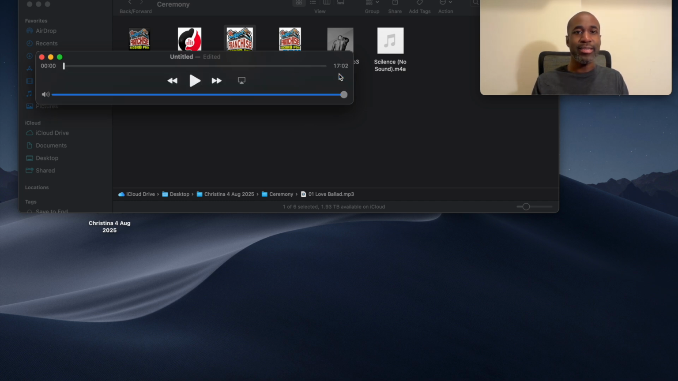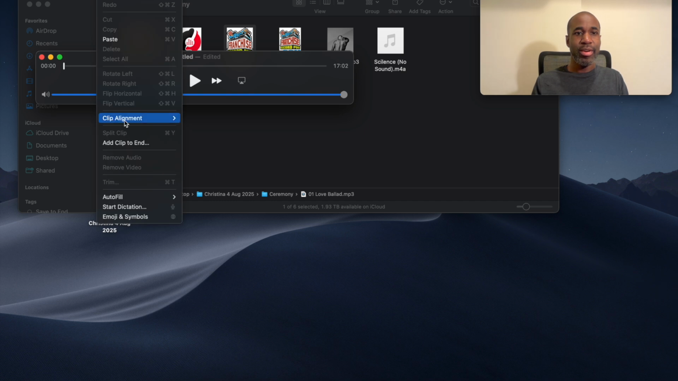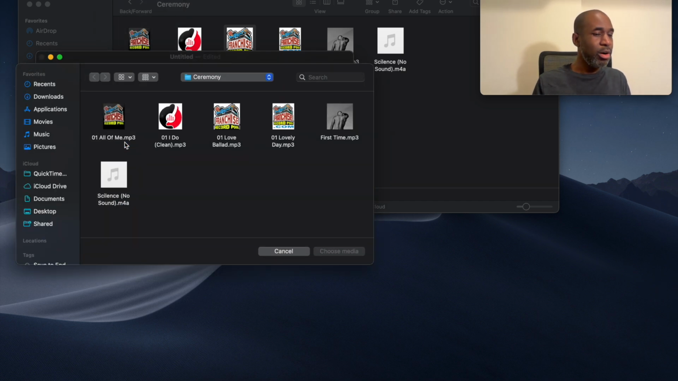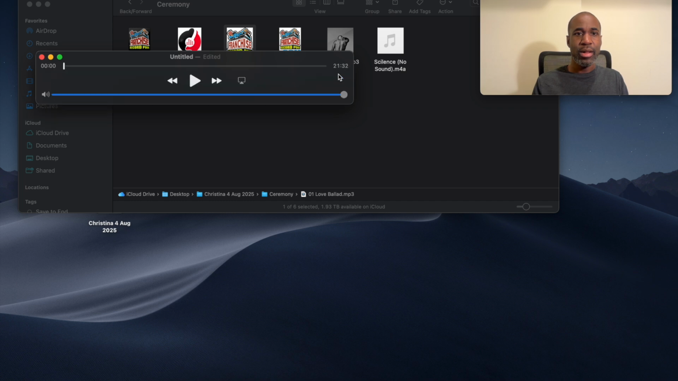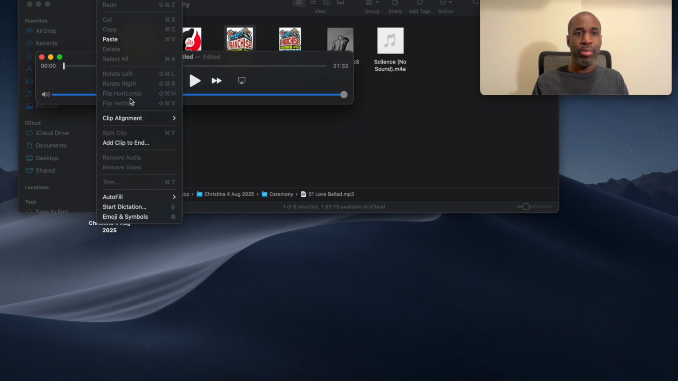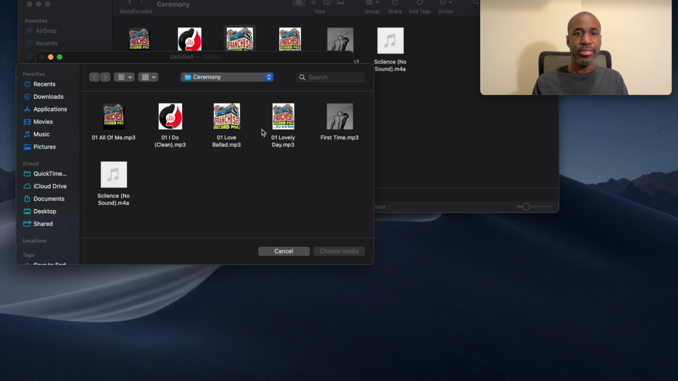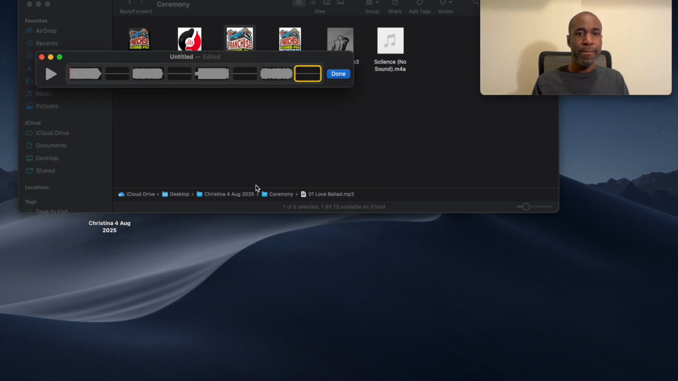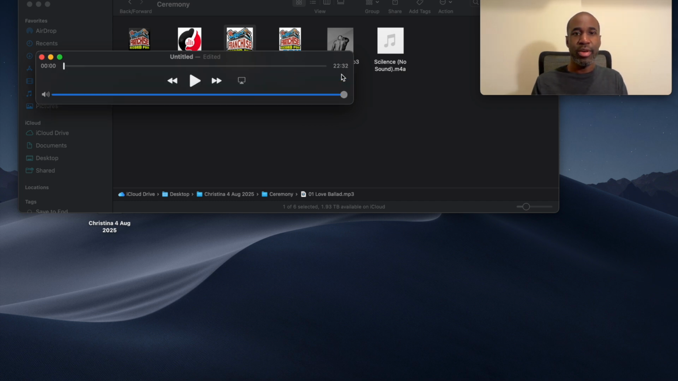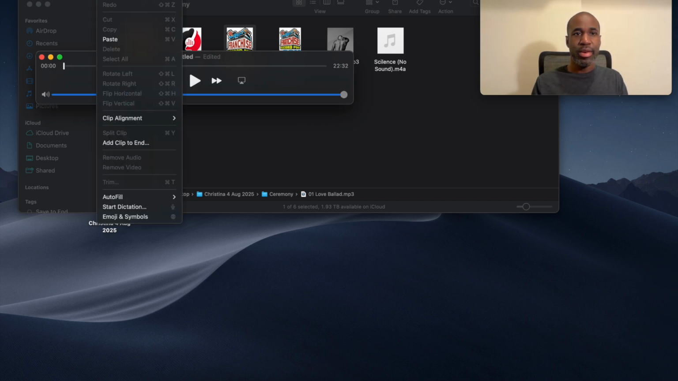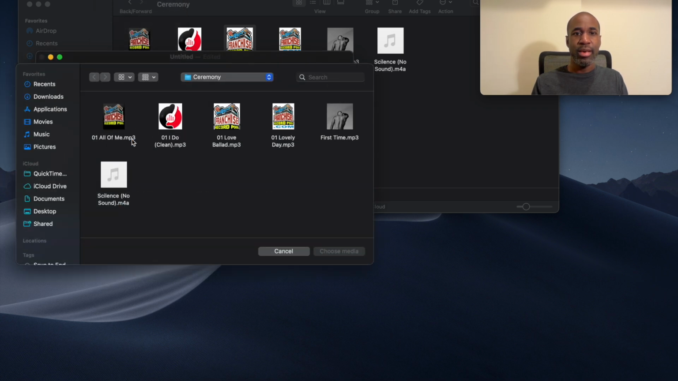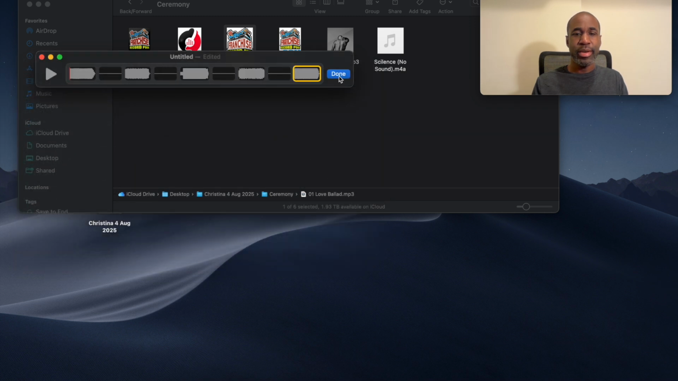All right, so next we got the Sand Ceremony. So the Sand Ceremony is going to be All of Me by John Legend. And All of Me is here. All right, and one more buffer, and the last one is the exit, Lovely Day by Bill Withers. All right, so let's edit, add clip to end. All right, so let's find Lovely Day here, and we can